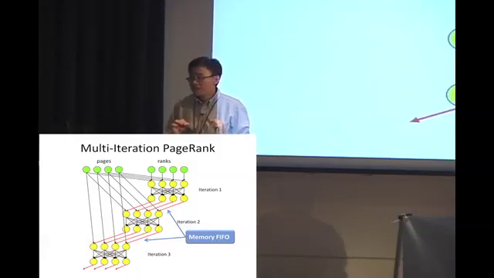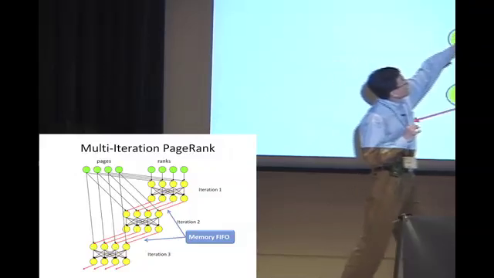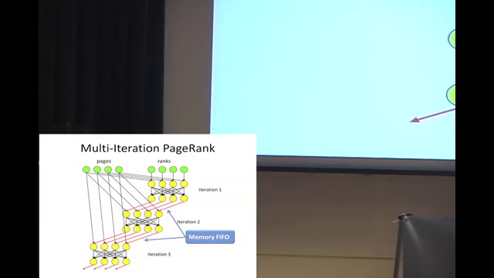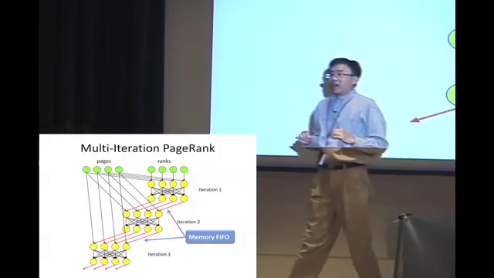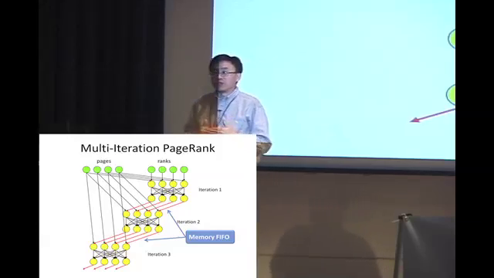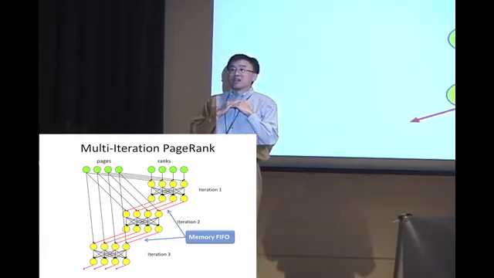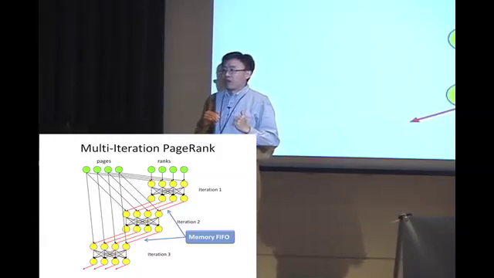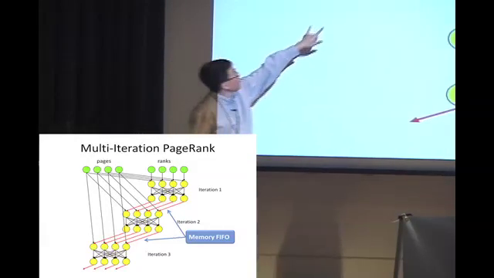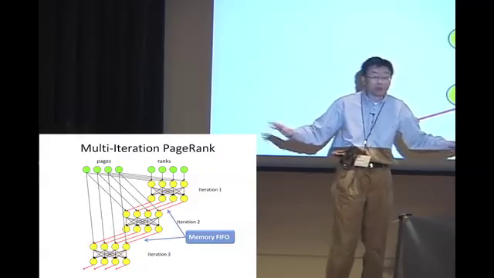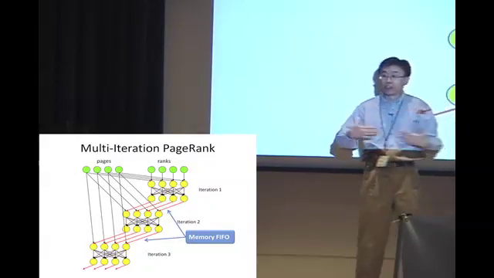So what it does is, for each iteration, it does a join, and it's pipelined with the map, and does some kind of shuffle, and then we apply the reducer. And the interesting thing here is that the system can figure out the thing produced by the reducer is partitioned the same way as the page. Therefore, for the second iteration, there's no shuffling at all. What we do is we basically do a pairwise join again.